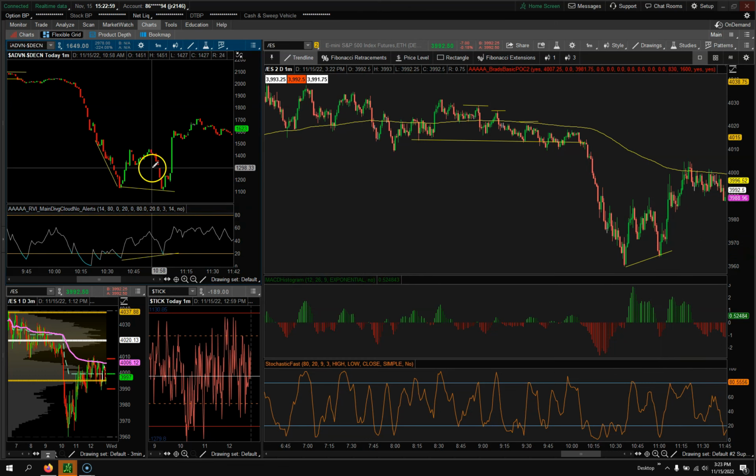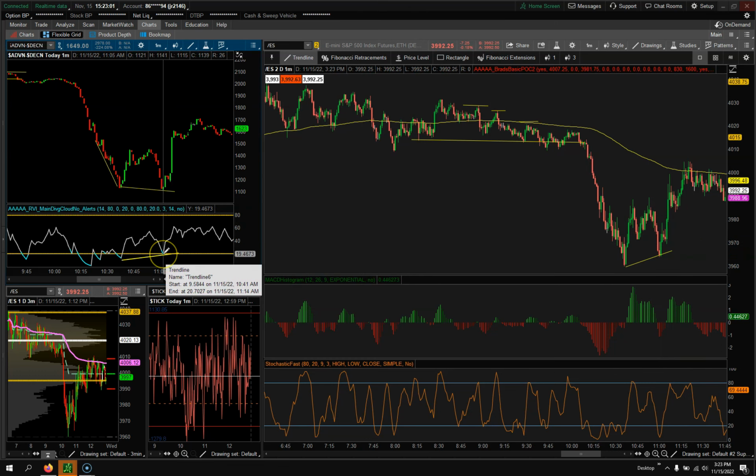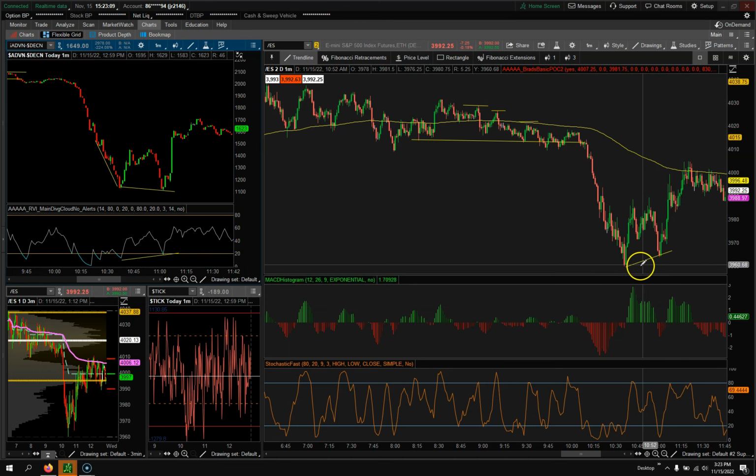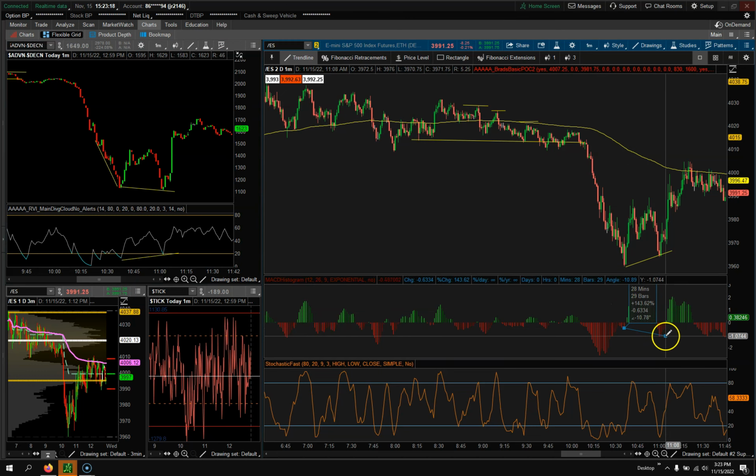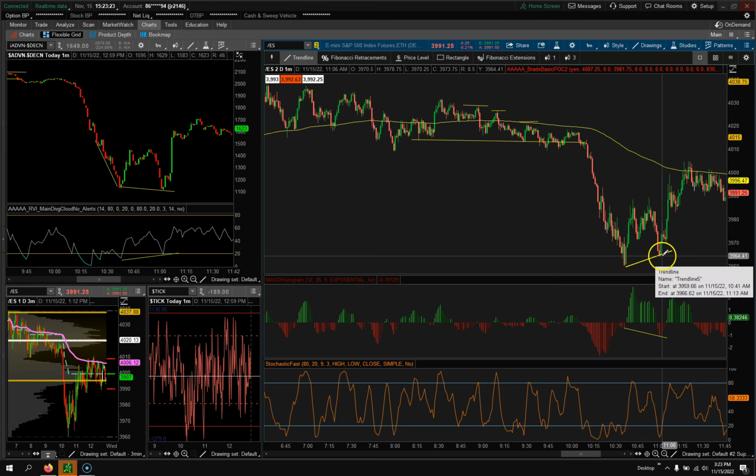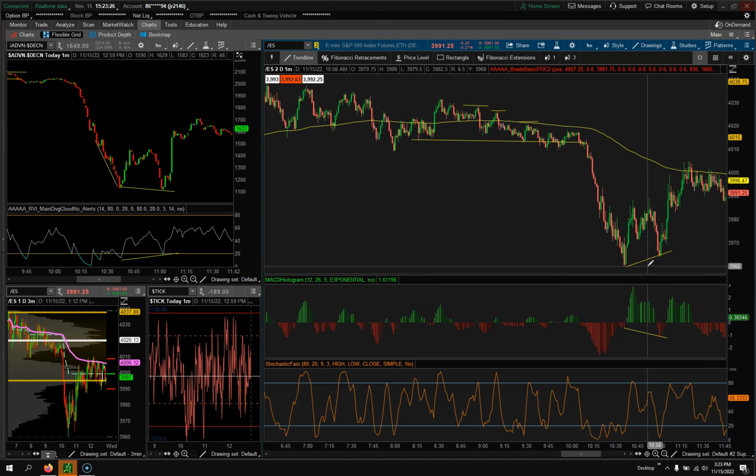Because this is showing me that as we're making new lows, we're making a higher low, which actually should be a lower low. And so this is kind of working correctly here. Here's another telltale that's going on: we're making these lows right here. We see price making new lows over here. Now, this is something that I'm going to pause and look at, and then I'm going to come down here and go, okay, hey, look,